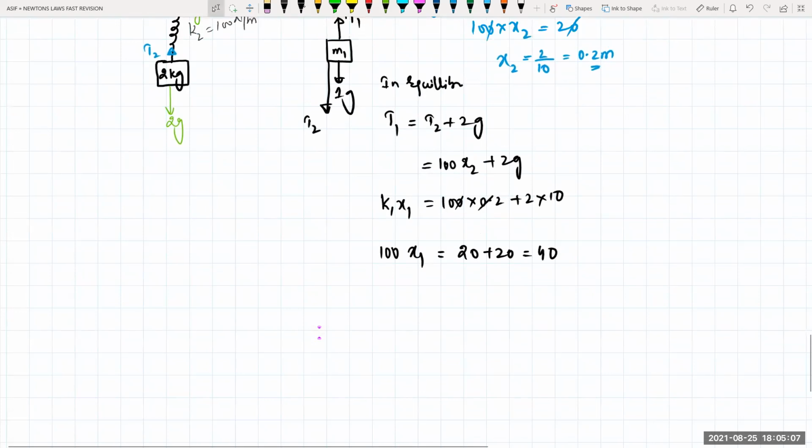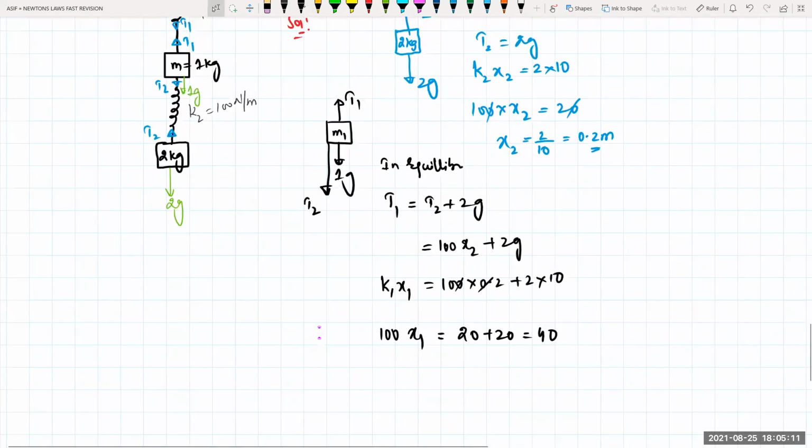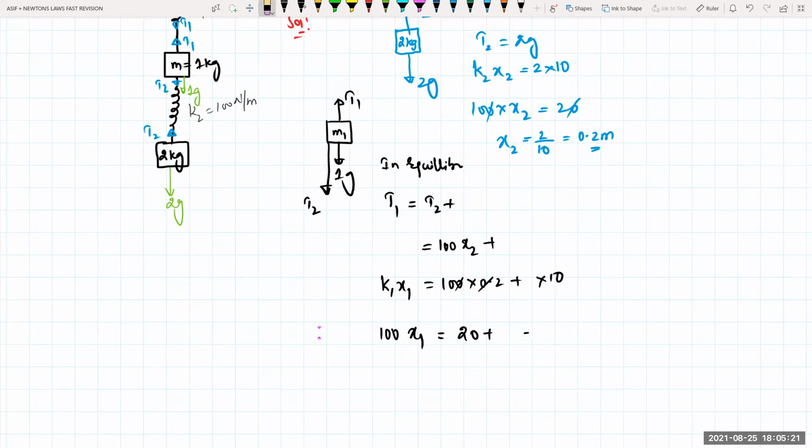Clear? Am I doing anything wrong there? That is your Y1G. This is 1G, right, 2G, sorry. Look here, 1G, the weight of the body. It looks like this one is 2G for 1G. So this will be equal to your 1G. 1G means that will be equal to how much, beta? 10. Yes. So this one is 10 only.